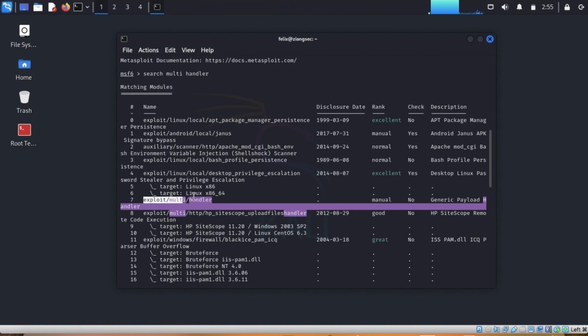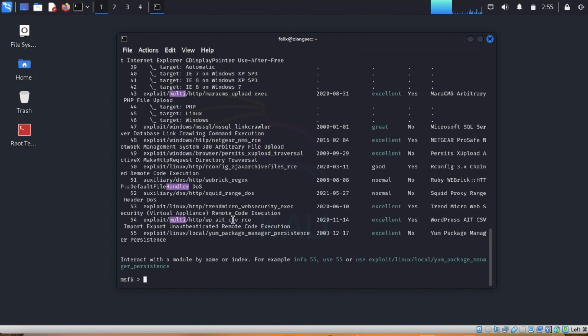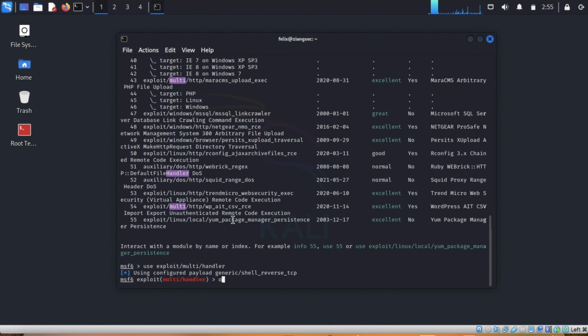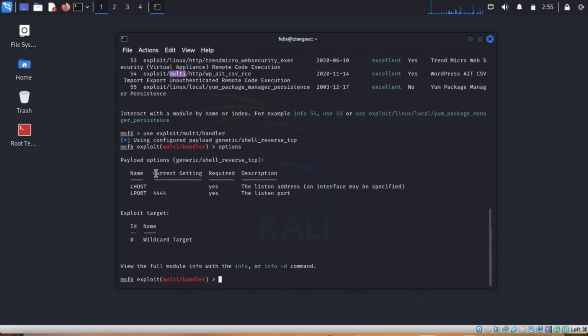Okay, here, exploit multi-handler. So you can type use exploit/multi/handler. Okay, so show options. Our payload is this one, which is generic.